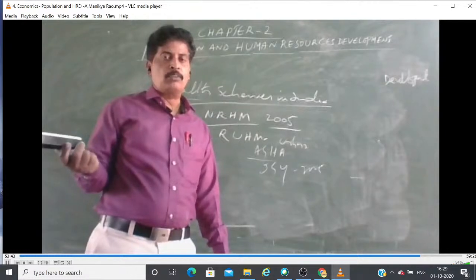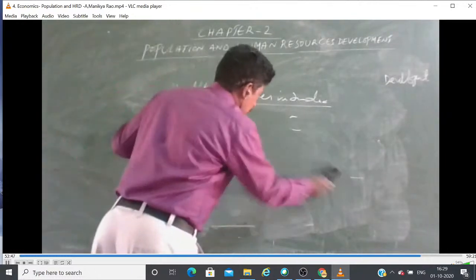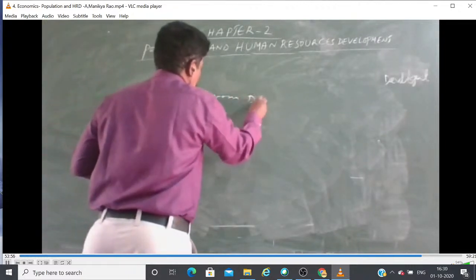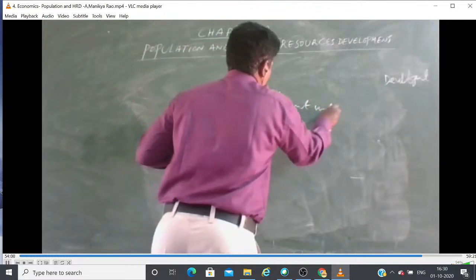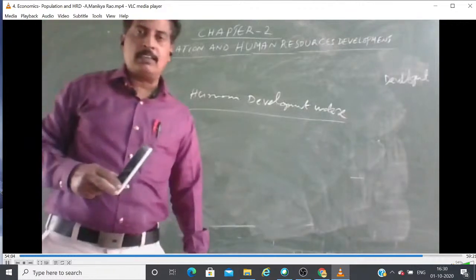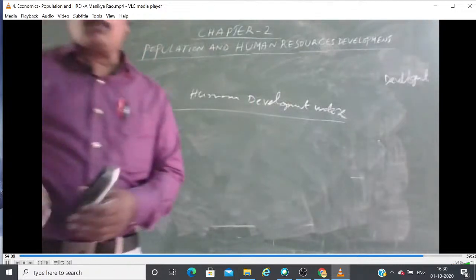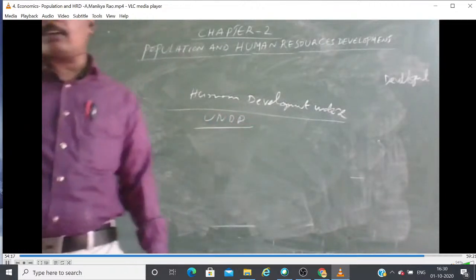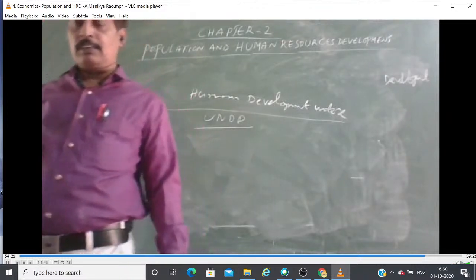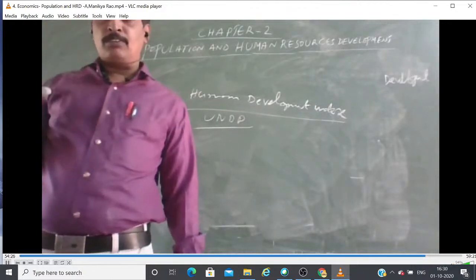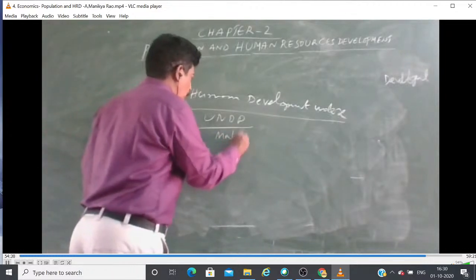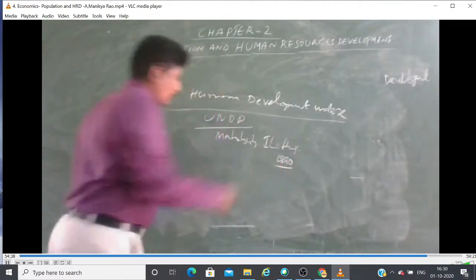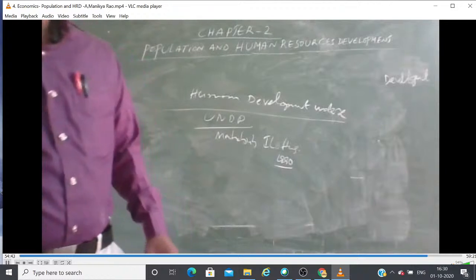Then coming to the Human Development Index. Last class we read this as a small question, that is HDI. They may ask you for 2 marks. The United Nations Development Programme, UNDP, first introduced the Human Development Index. The HDI report was prepared under the stewardship of Mahbub ul Haq during the 1990s. HDI broadly classified 3